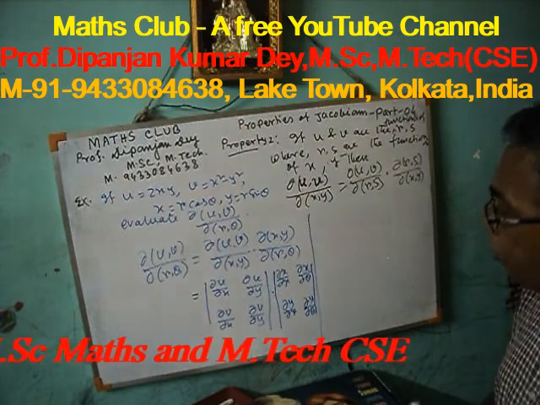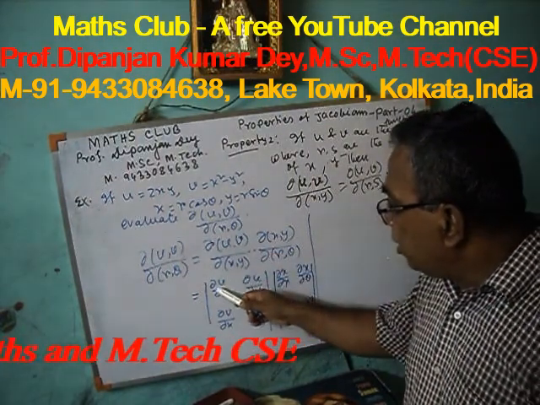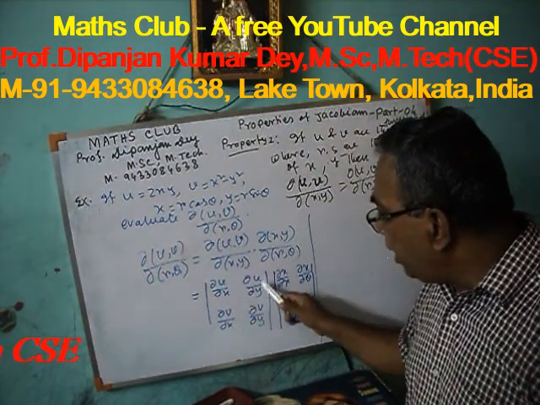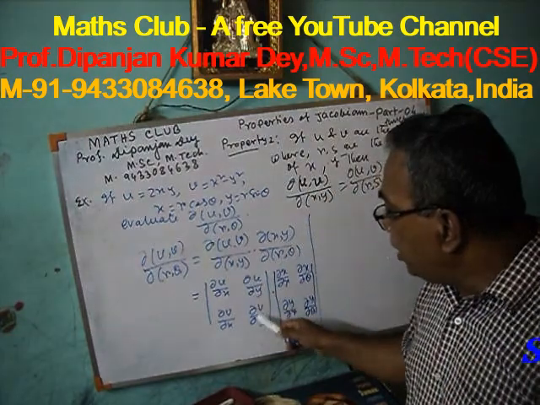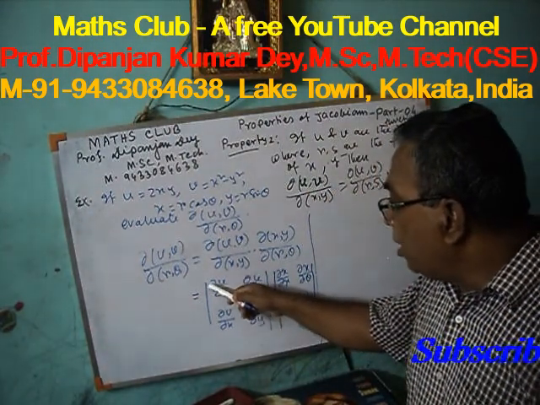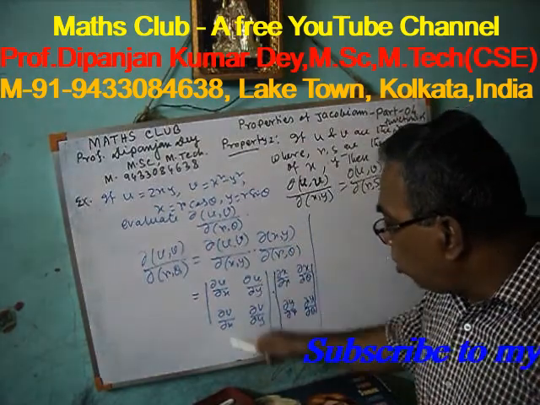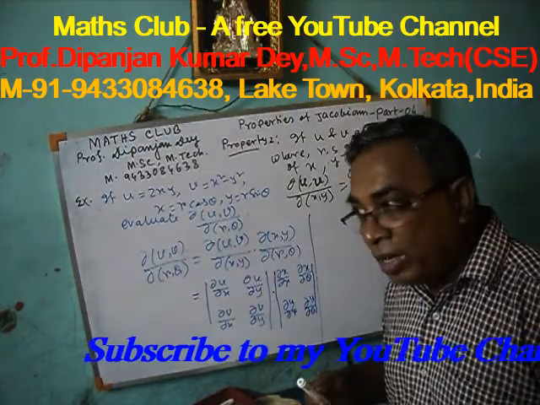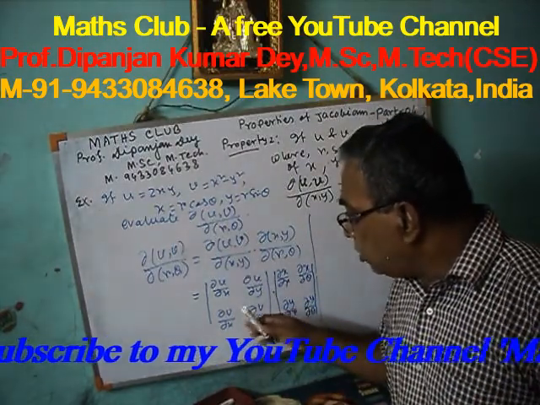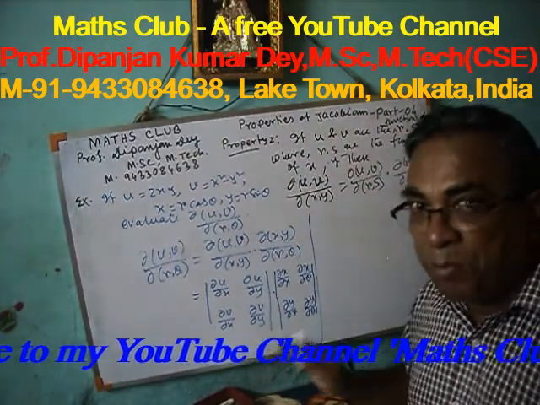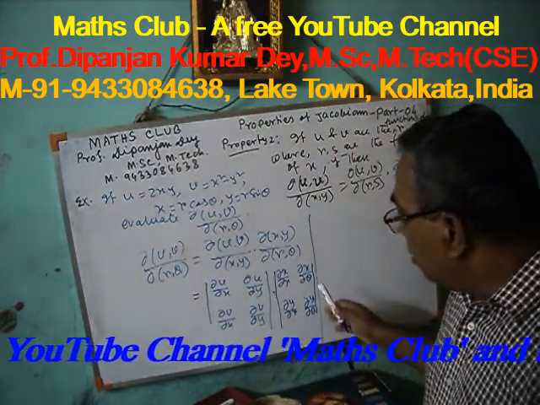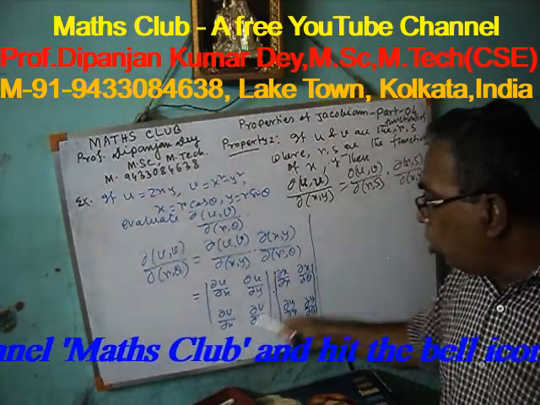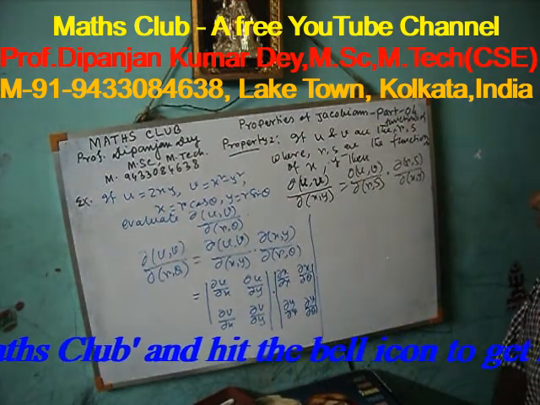In some books you will see this written as ∂u/∂x, ∂u/∂y in the first row, and ∂v/∂x, ∂v/∂y in the second. That means in some books they have written this in the first column and this in the second column. Both ways give the same result. It doesn't matter. So from the given information I have to find all these things, then put the values over here, and then you will get the answer.